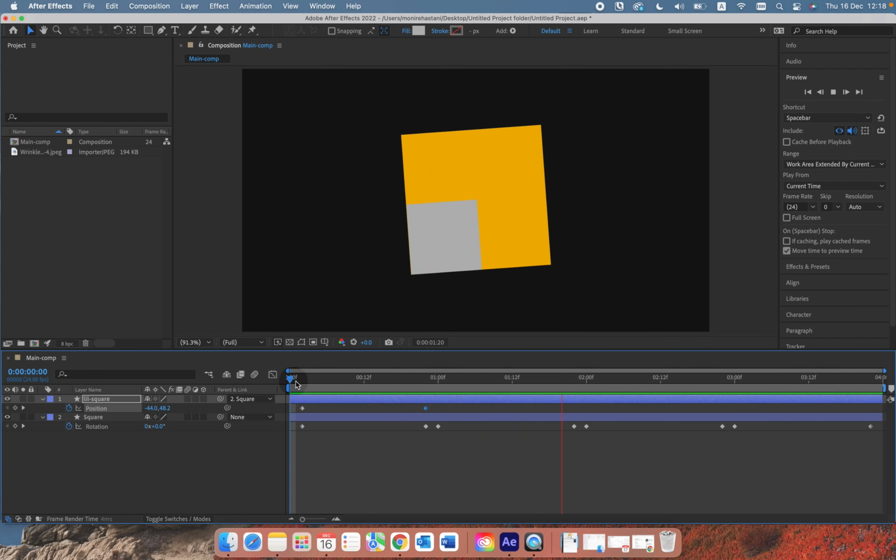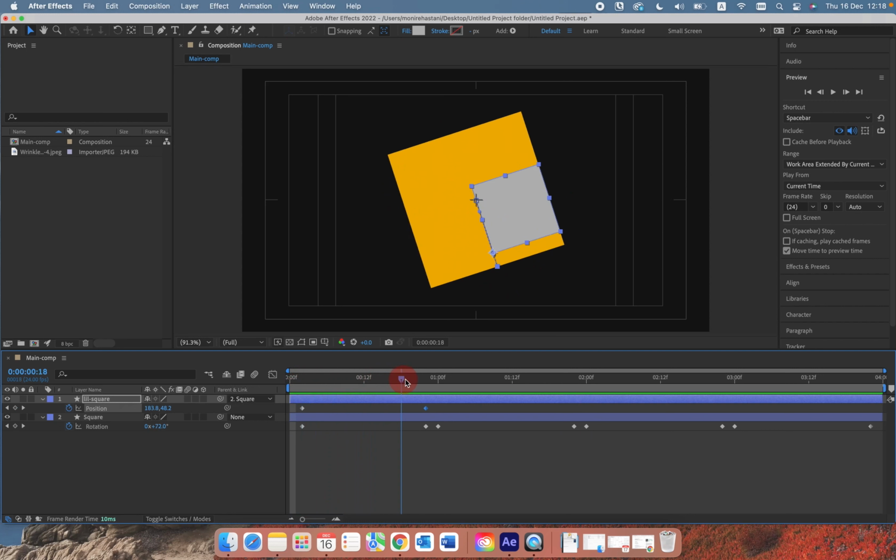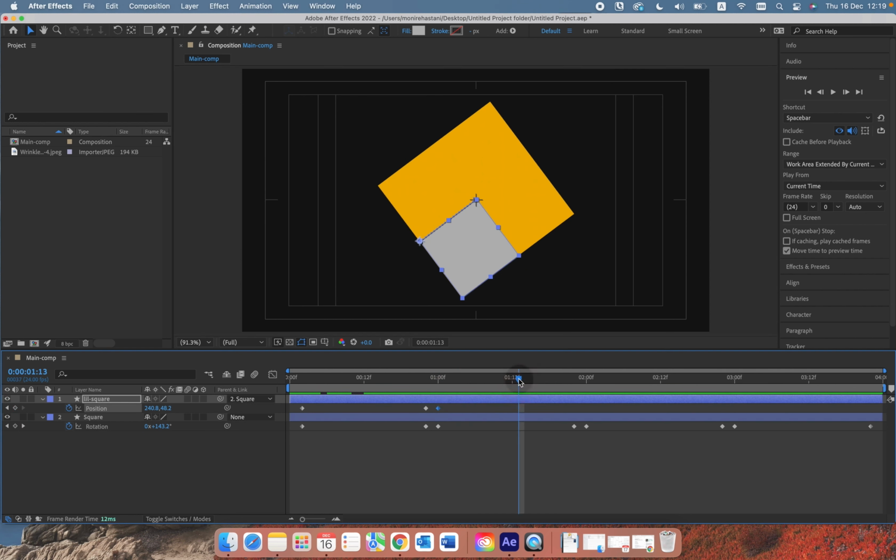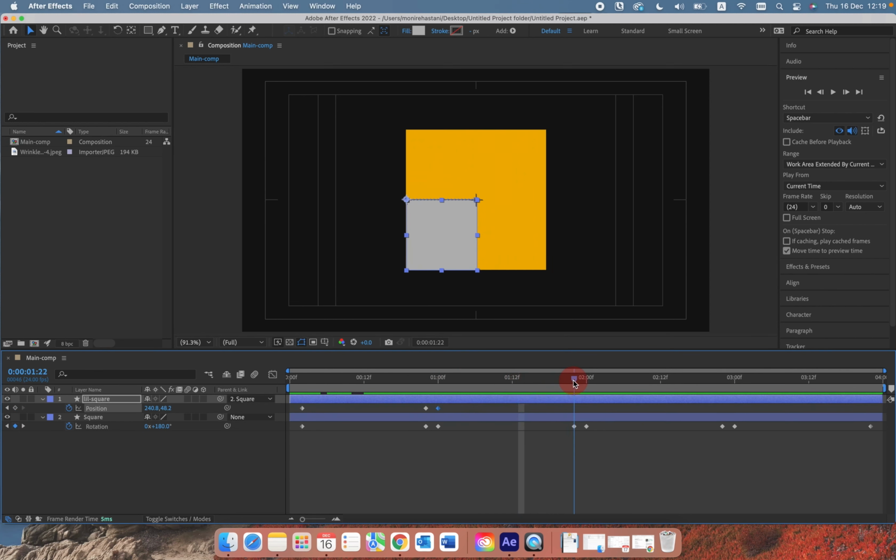So I have the little square moving from left to right and ending up at the bottom. Then I want to keep the little square static for 2 frames, so I put the time indicator 2 frames ahead. I create a keyframe manually by clicking this diamond beside position. And then I continue putting the time slider 20 frames ahead,